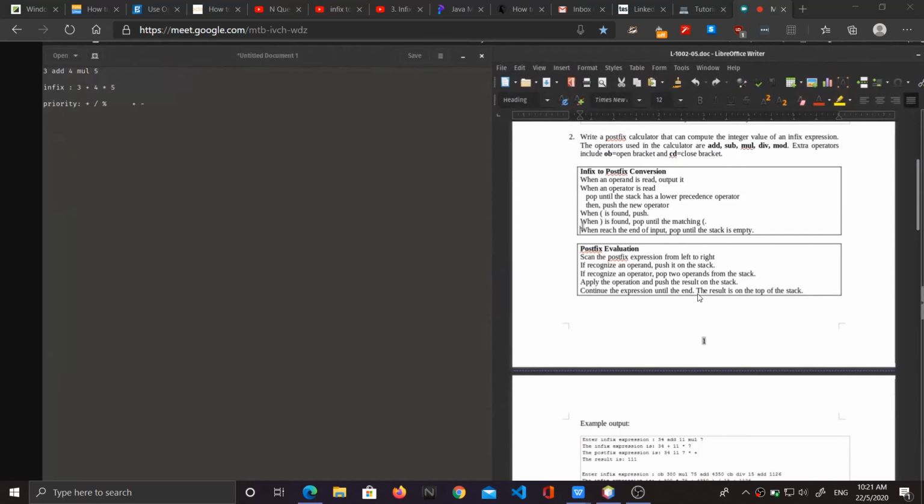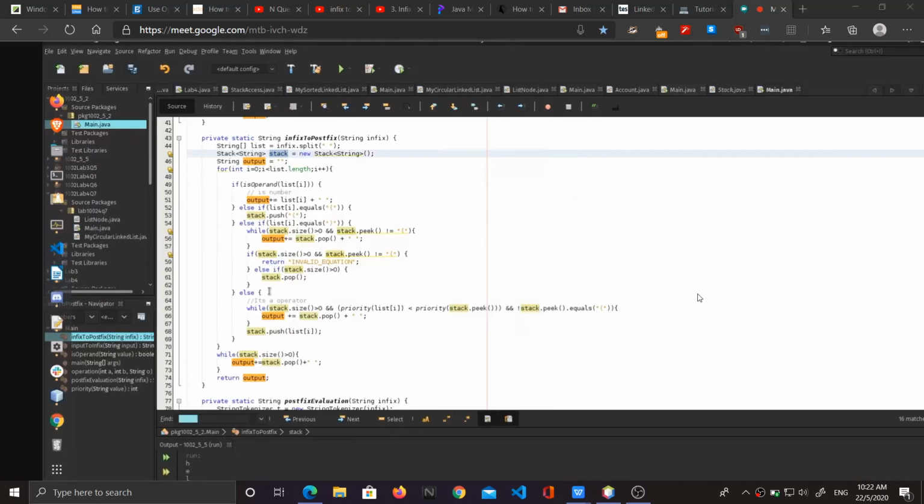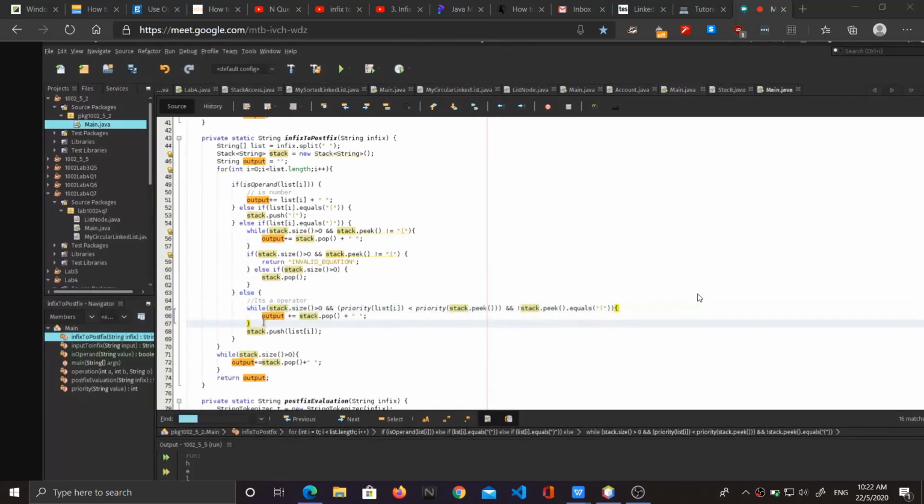If it is a close bracket, we'll pop everything from our stack until we match the open bracket. And if it is none of these three conditions, that is, it's not a number, not an open bracket and not a close bracket, we can consider it an operator. So if the string is an operator, we will check